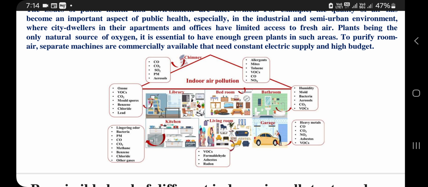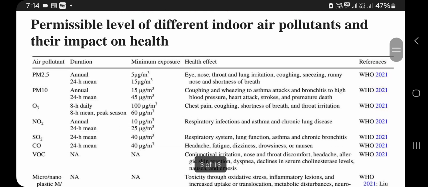toxic chemicals and gases. For example, our bathroom can create carbon dioxide, VOCs, and aerosols, and the kitchen produces carbon monoxide, carbon dioxide, methane, benzene, chloride, and other gases. The living room can also create formaldehyde, asbestos, and radon, and these chemicals are very toxic to our body. And if these chemicals are